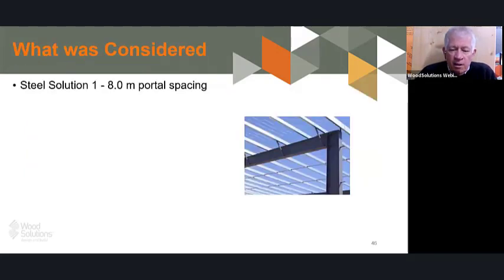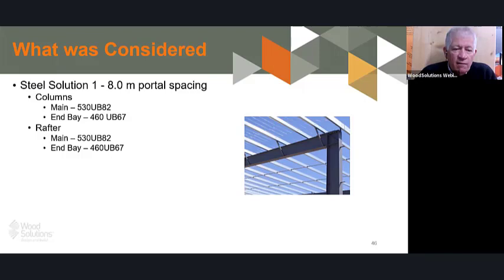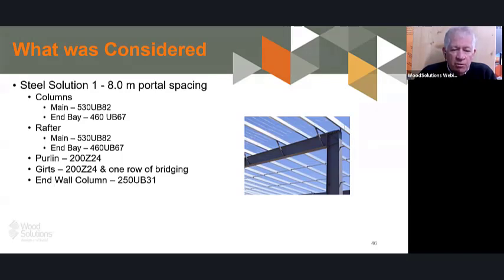The steel solution used an 8 metre portal spacing. Again, that was selected by the designer, and it was using a 530 UB82 in bays of 460. Pretty standard stuff for design. The purlins were 200 Z24s, and similarly for the girts, one wire of bridging was used, and columns 50 UBs, and